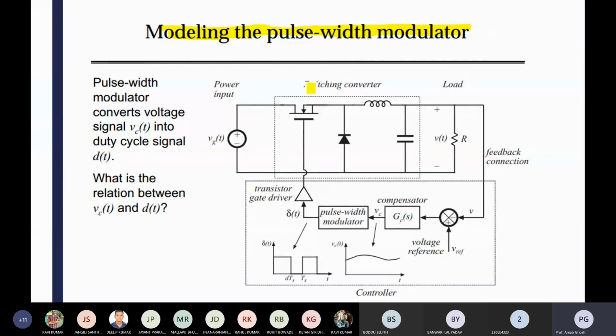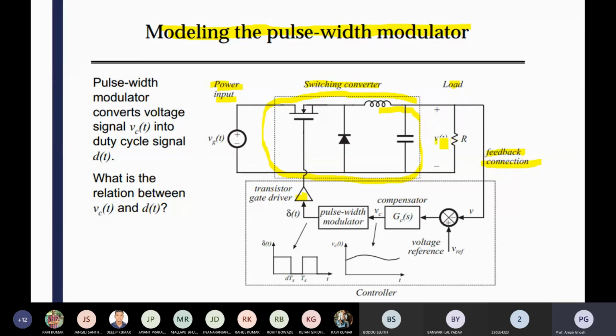You are familiar with this structure. So you have that switching converter circuit, and the generalized circuit is here. We are using the circuit of a buck converter, so that circuit configuration is like a buck converter. Power input is there and load is there. Okay, so you have to control the switch pulse. In my last class I discussed feed forward control and feedback control. Now here I am going to discuss feedback connections.